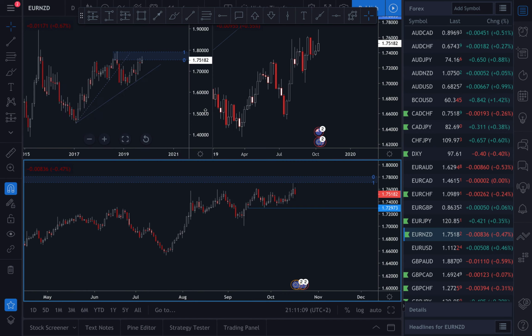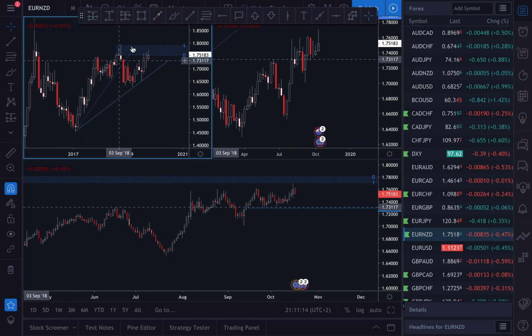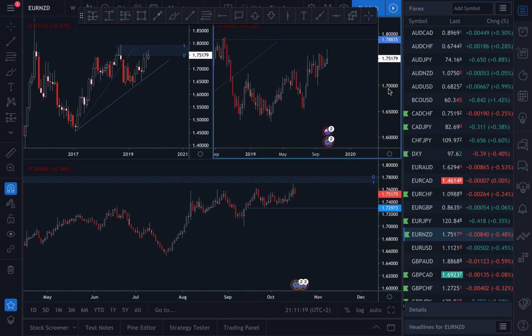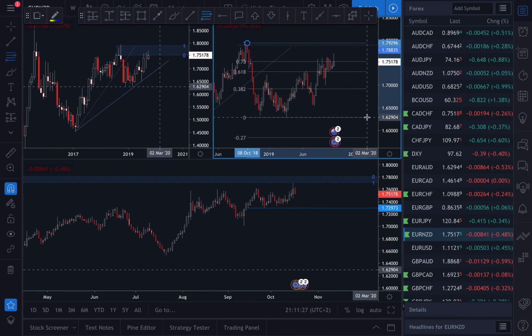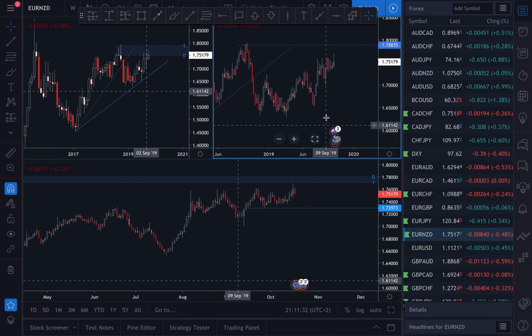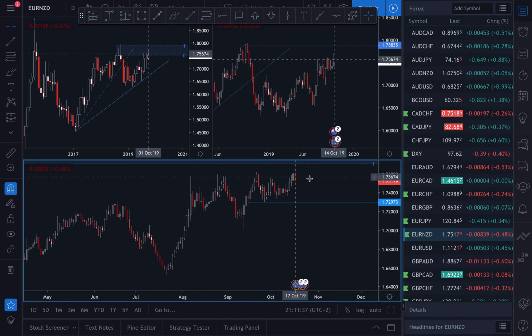Quickly going to the monthly, still sitting at this monthly supply area, which broke the monthly trend line. Now going for this left shoulder, head, right shoulder pattern. On the weekly time frame, we can draw in our fib levels. It has been rejecting 0.75 four times now, so it looks a bit bearish, and the daily time frame is creating that fourth rejection here and